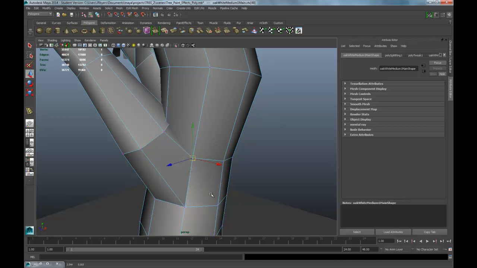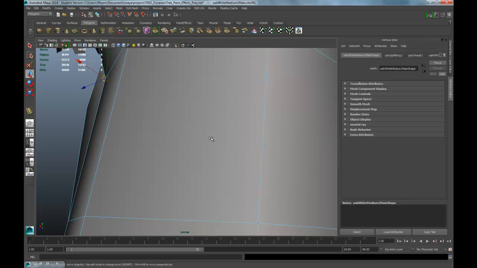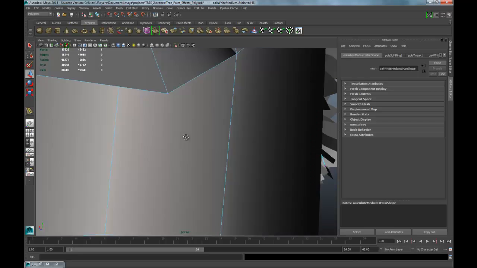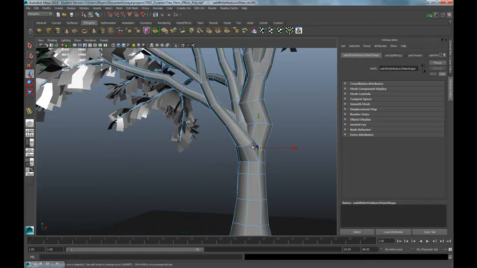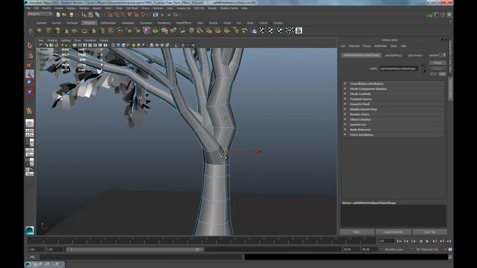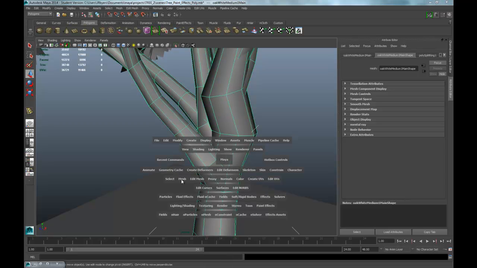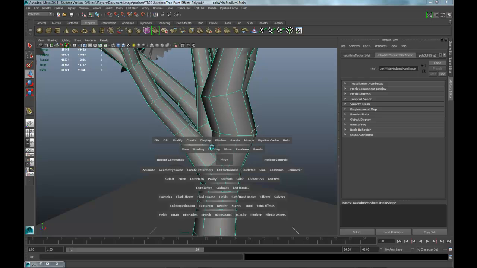There we go. You'll have to go inside the tree and delete that face you created. A lot of times it's very hard to see what you're doing, so I'm going to go in here and separate this real quick. Mesh, separate the tree